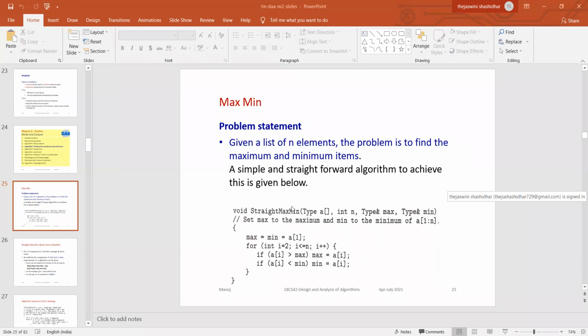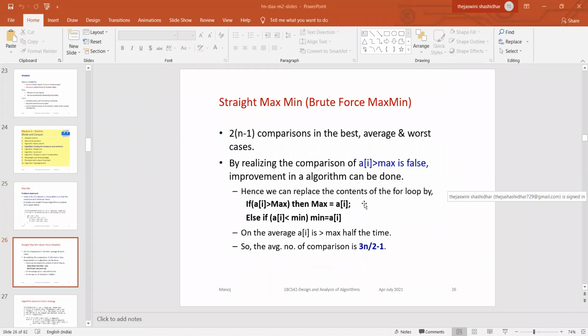So one comparison will be done how many times? One comparing the first element with the second element. One you do for max, one you do for min. So that is 2 into n minus 1. Keep that in your mind. This n minus 1 means n minus 1 comparisons. What is this 2? How many comparisons do you get between two elements? It is 2. One for min, the other for max. So that's why you take it as 2(n minus 1) comparisons in best, worst, and average cases.